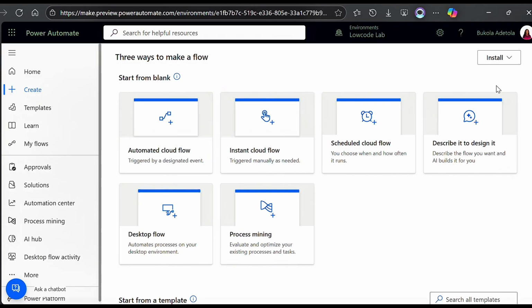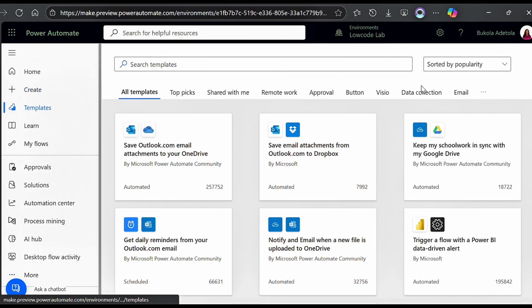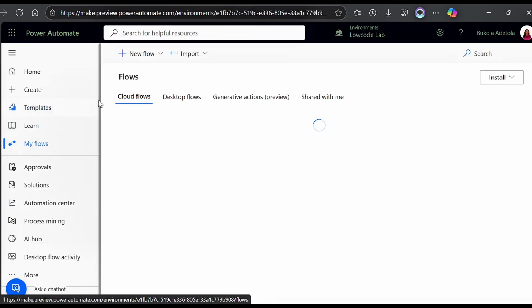So when you click on create, it takes you to the create page where you can start to create your flows. And here in the video, I mentioned how all of your automations are called flows in the Power Automate environment. So if you click on templates as well, it shows you all the templates available within the Power Automate environment. And there is learn, it takes you to the learning part to different Power Automate resources. And when you click on my flows,